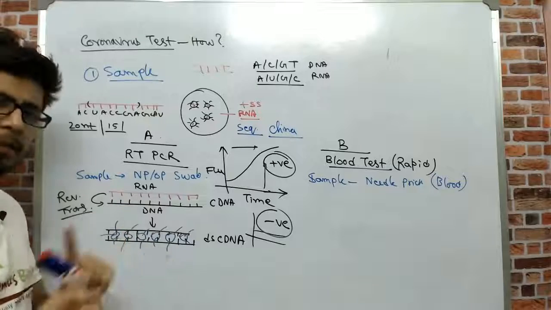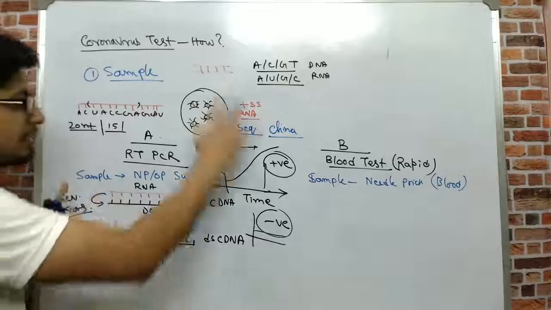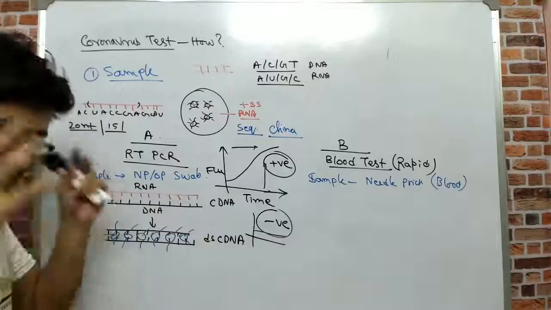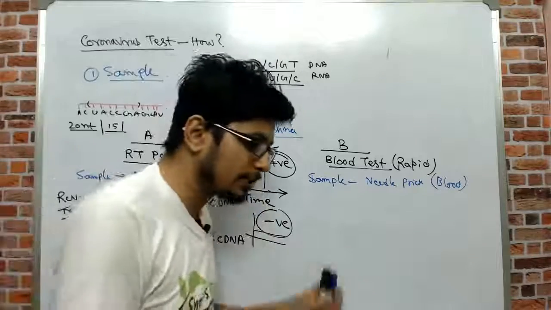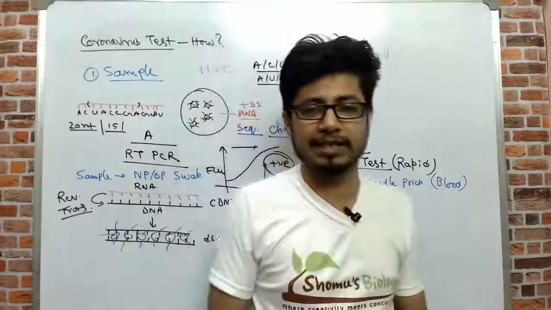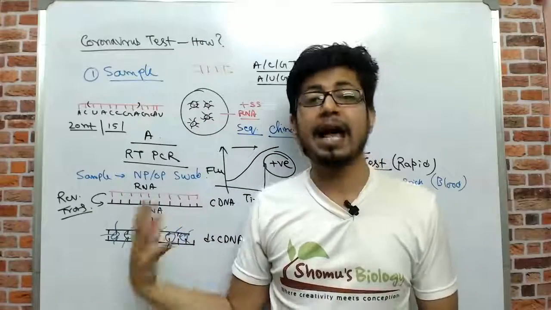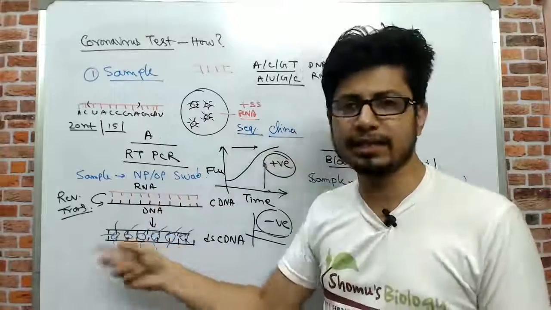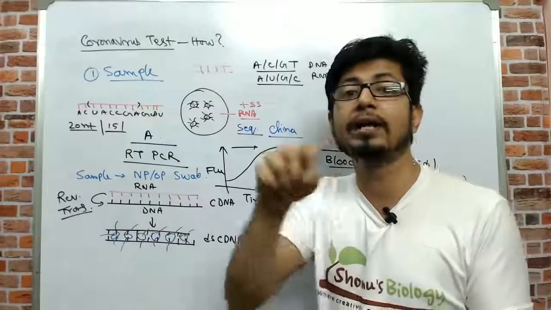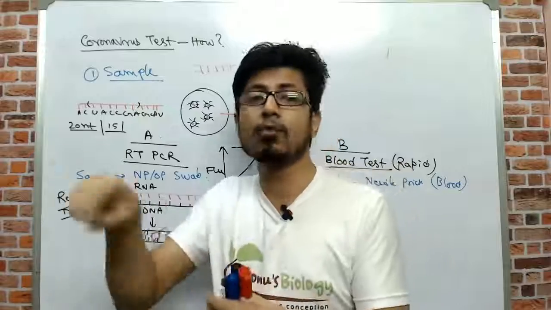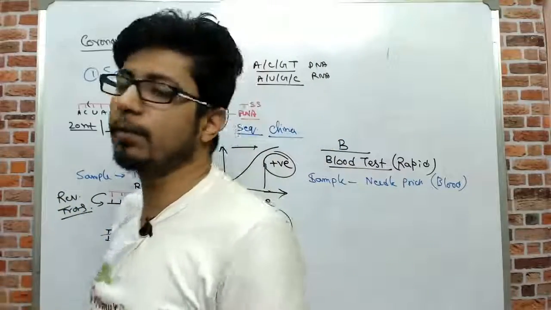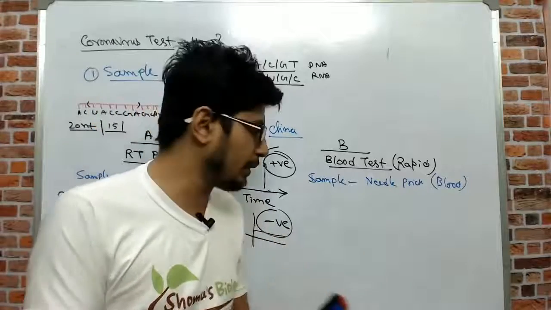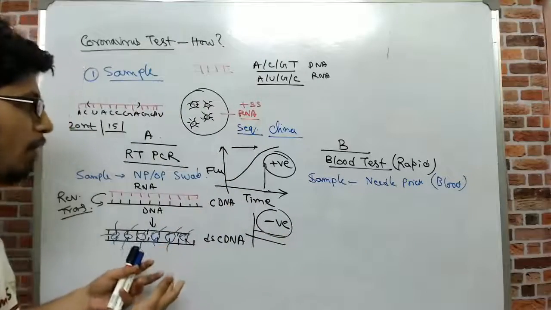You can call it RT-PCR for both. This is the test. This is an extensive test. It requires skilled technicians, molecular biologists, microbiologists to perform this test, and it's time consuming and it takes a lot of money, because the probe that we use, generally the name of the probe is SYBR Green. SYBR Green probe or any other probe we can use. That probe is really expensive. That's why the test is very expensive to perform.